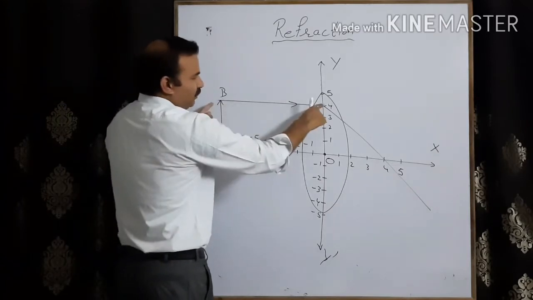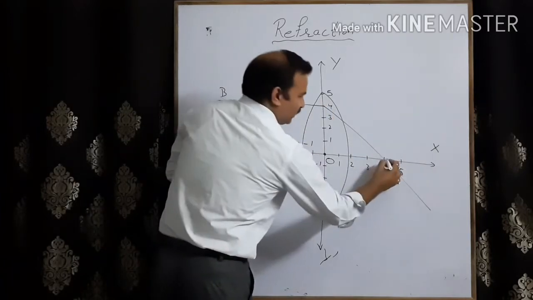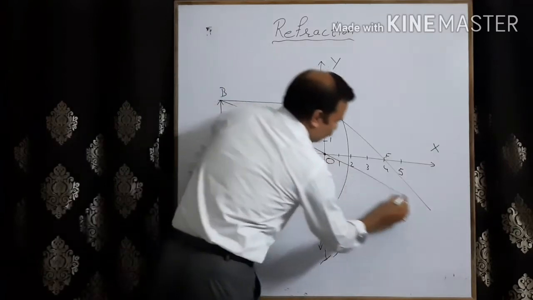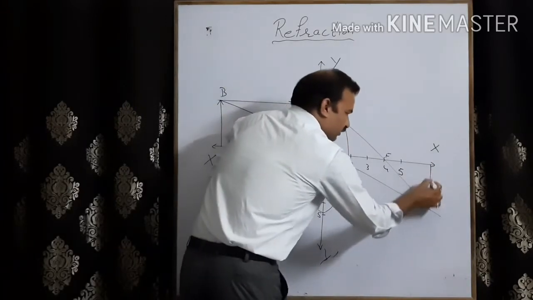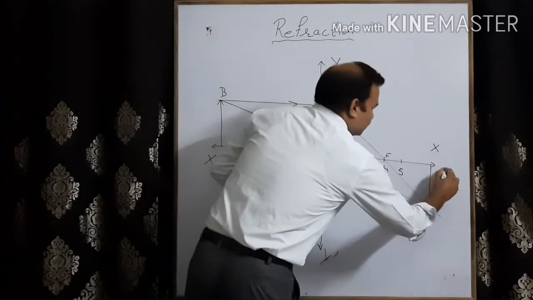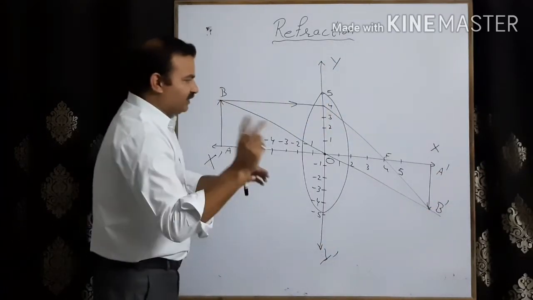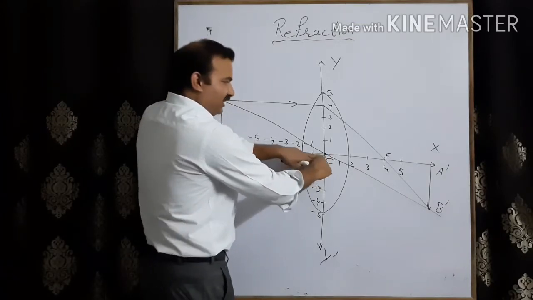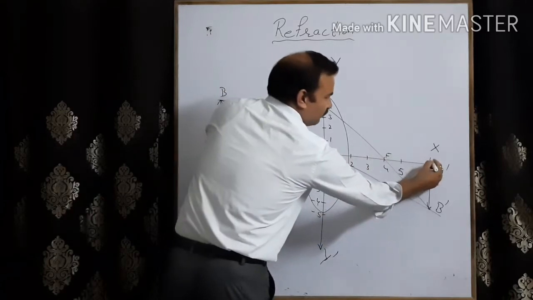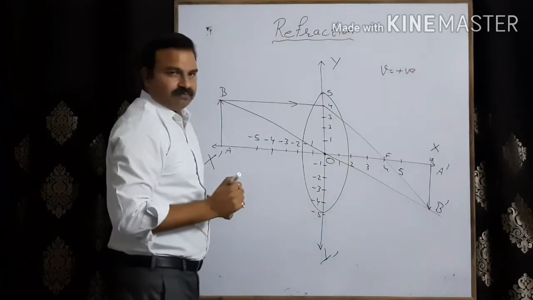One ray is going parallel to the principal axis. After refraction it will pass through a focus. Let this point be the focus. Second ray of light passing through optical center will go undeviated, so the image will be formed on this side. Fine, this is the image, so I'll represent it A dash, B dash. Now point number two was distance measured from the optical center to the right. So from here to the right side where the image is formed, v is equal to positive.